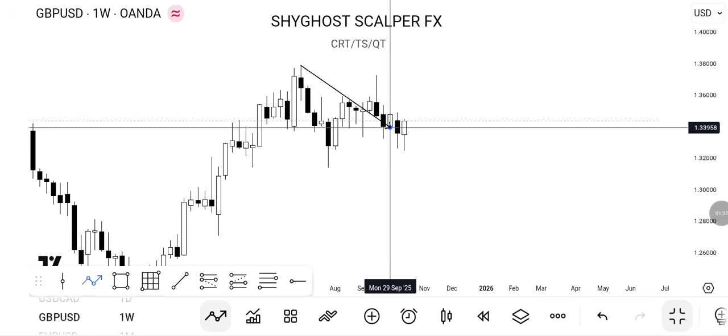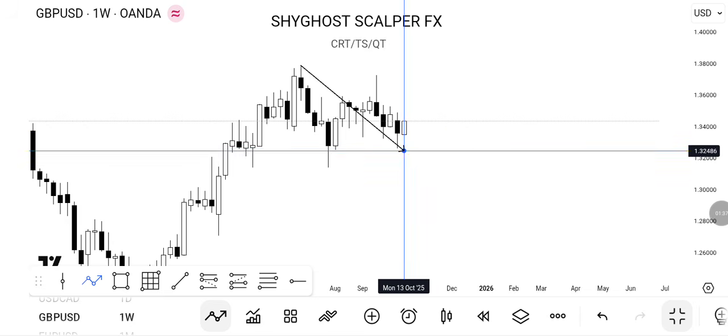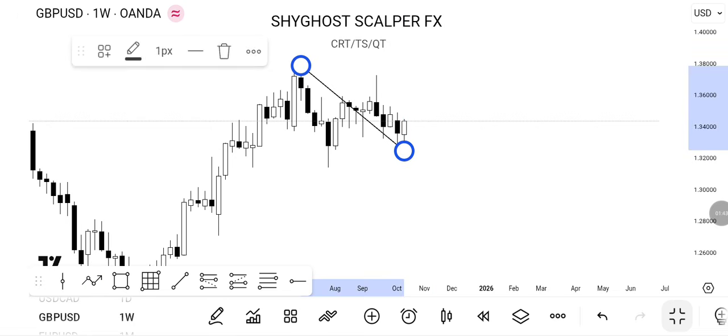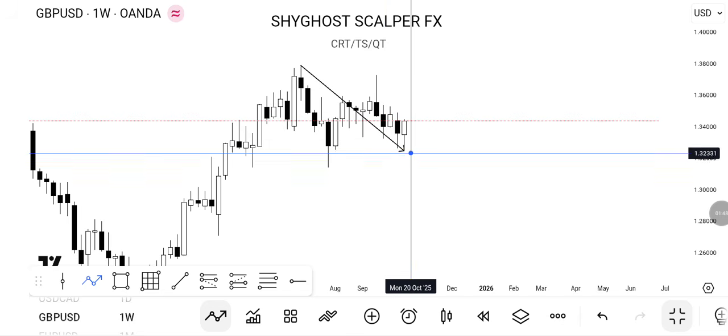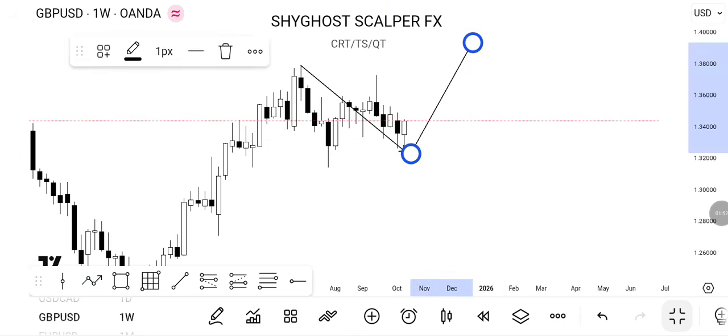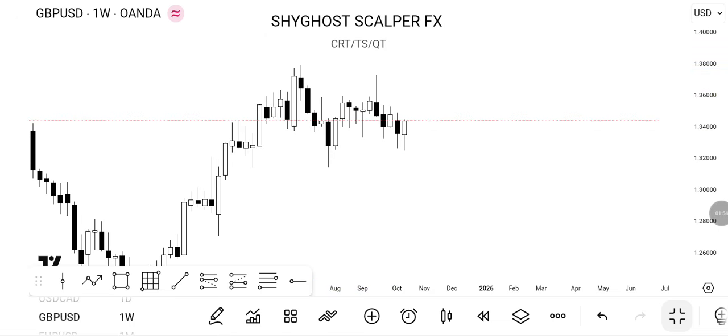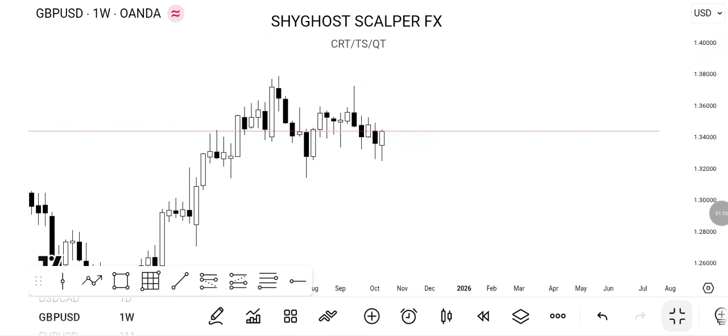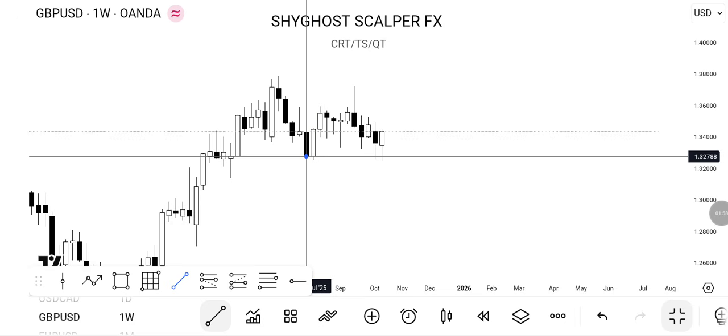So since we don't trade on weekly time frame, we are scalpers, and we are also doing intraday trading, right? So now we see that, okay, after this leg, after a correction, what can we get out in the next one? We can get an impulse to the upside, right? So this was the idea when I'm looking at the market structure, and then I came and highlighted my key